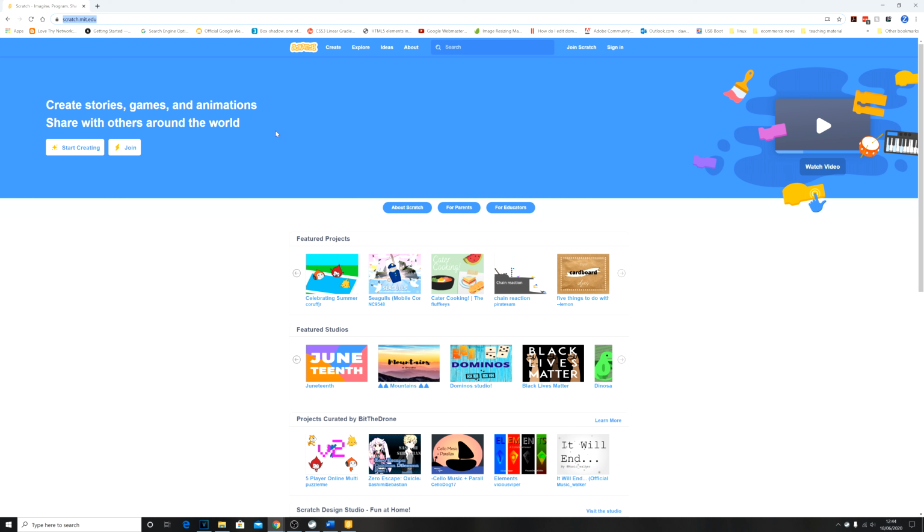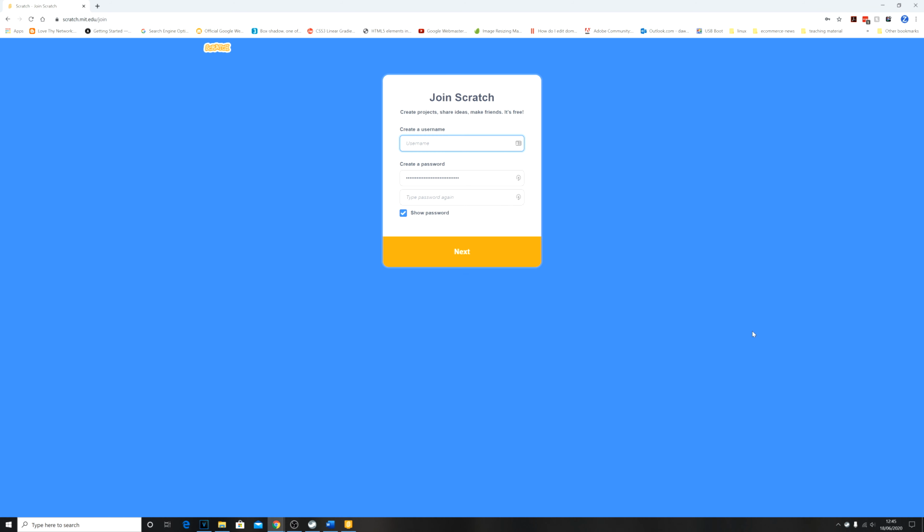Who knows? Anyway, when you go on here, in order to use Scratch, you do need to actually join. So you click on Join Scratch up here, and you'll get something that looks like this. You're going to put in your username, and you'll need to make sure it's unique. Put in your password, and then once you've done that,